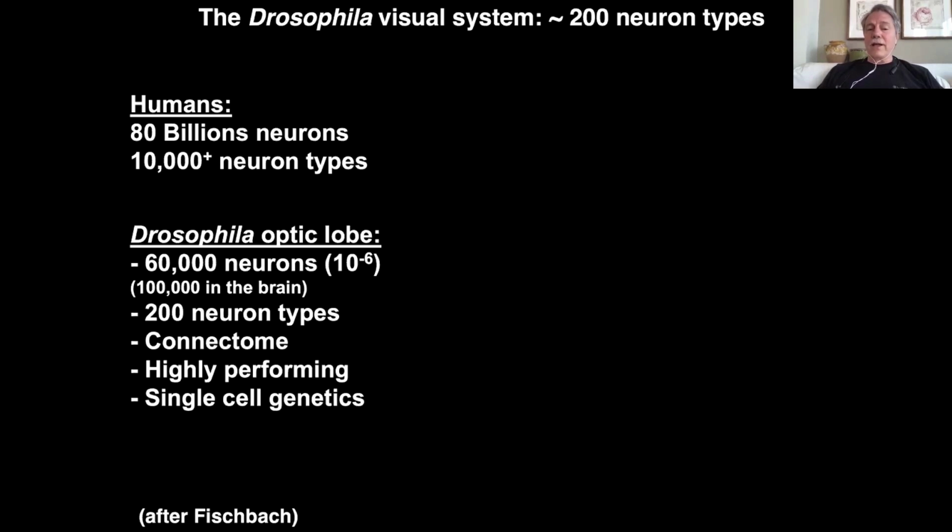And yet the fly can still perform very acrobatic flying and can escape you when you try to catch it. Therefore, it performs very well. The whole brain of the fly is about 100,000 neurons, which means most of the neurons in the brain are actually part of the optic lobe. The optic lobe is made of about 200 neuron types, and most of them have been characterized, starting 100 years ago with Cajal. Recently, Janelia Farm has established the connectome of most of those neurons, which means you know which neuron exists, based mostly on morphology and many of them on function, and we know how each of those neurons is connected to the other neurons. Again, in a very highly performing system.